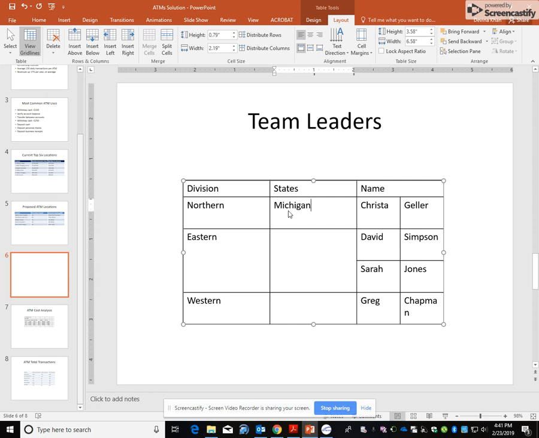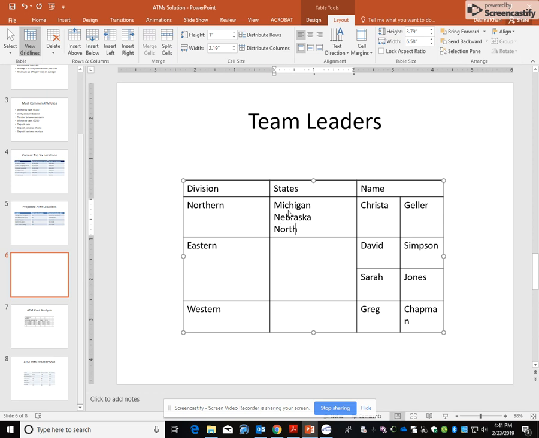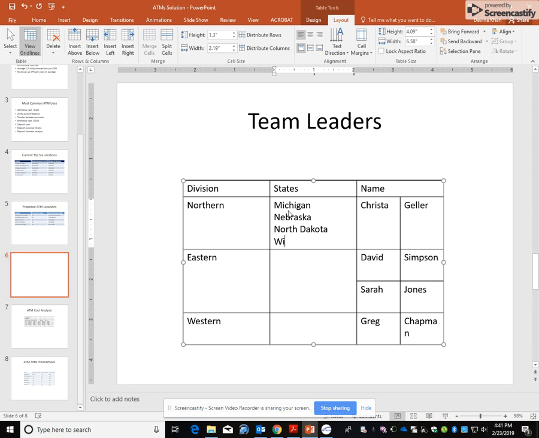And here we're going to type Michigan, Nebraska, enter, North Dakota, enter, Wisconsin. Okay, let's go to the next cell here, Connecticut, enter, Maine, enter, New Hampshire, enter, New Jersey, enter, New